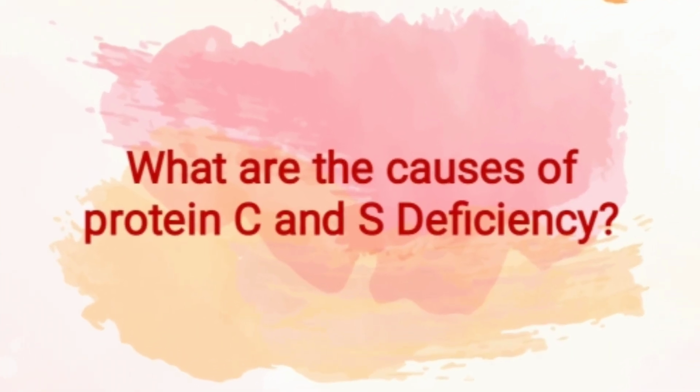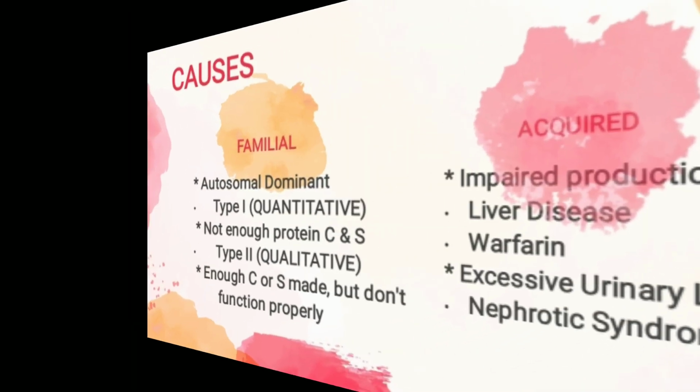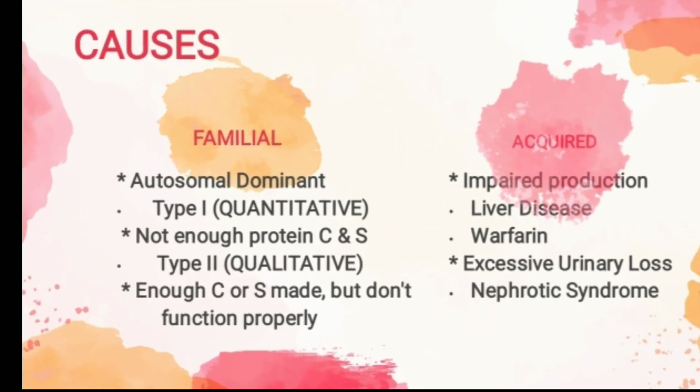What are the causes of protein C and S deficiency? There are two types of familial or congenital protein C and S deficiency. Both are inherited in an autosomal dominant manner. Type 1 disease is when there is not enough protein C and S, so there is a quantitative defect. Type 2 disease, however, is a qualitative defect because enough protein C or S is made, but these proteins